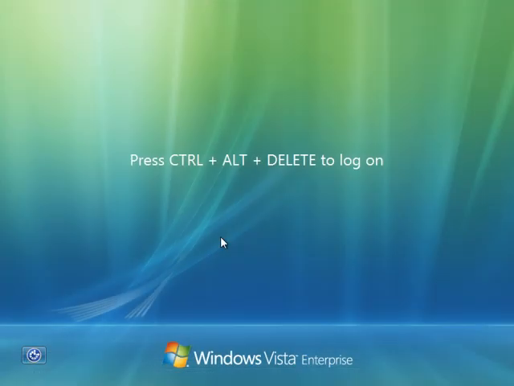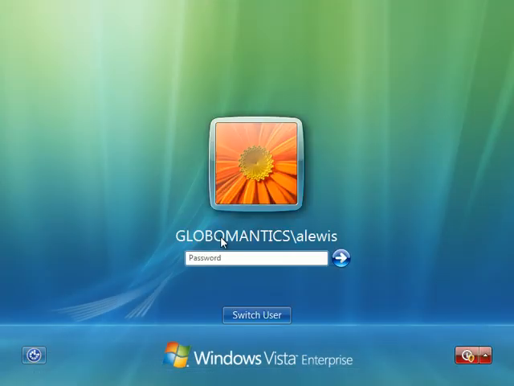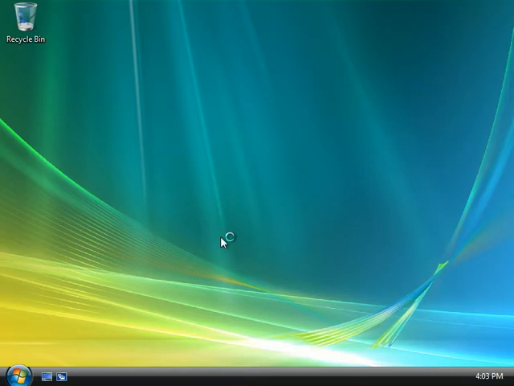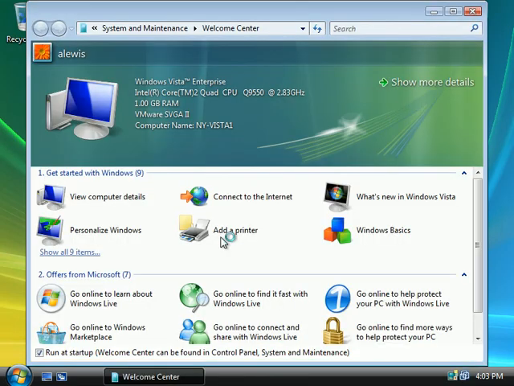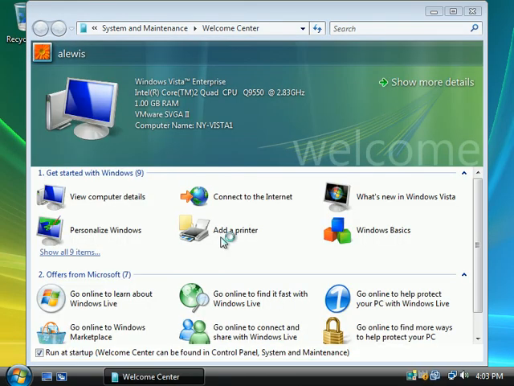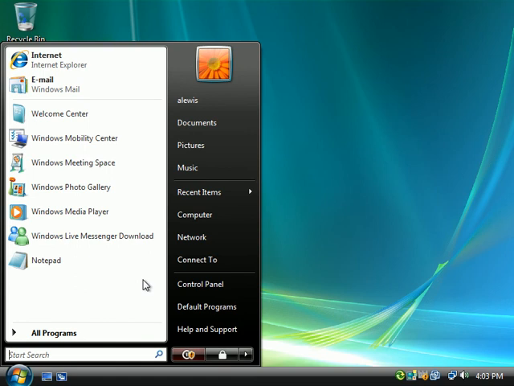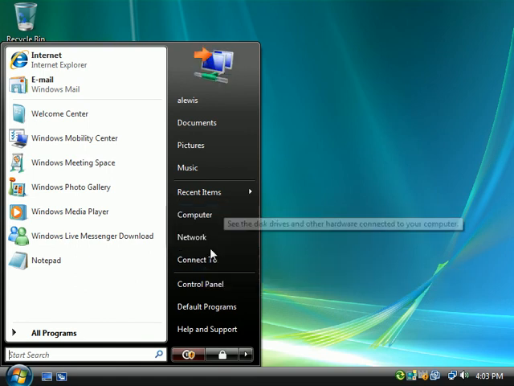Okay, back here on our Vista client, I'm going to press Control-Alt-Delete, and you know what? I'll just go ahead and log back in as A. Lewis. Right? Just a regular user on our network, and we want to see if A. Lewis has the ability to go ahead and install this printer. Let's not run at startup. Close this. Start. And again, you'll notice printers is not here, and in this case, I'm just going to go